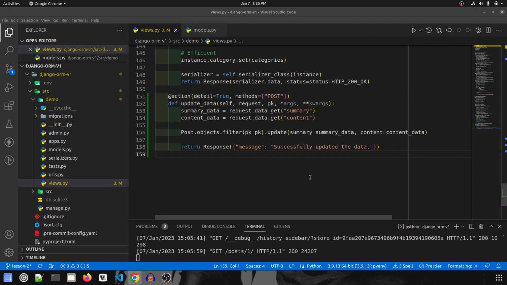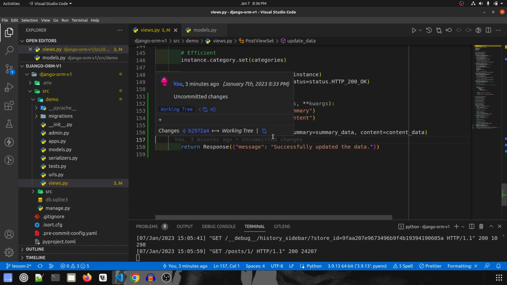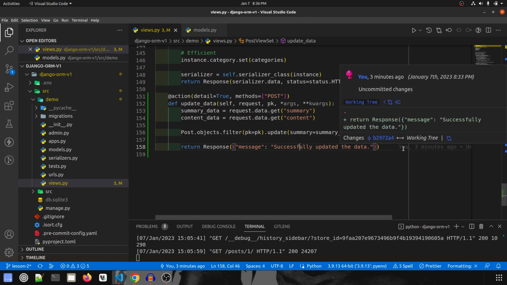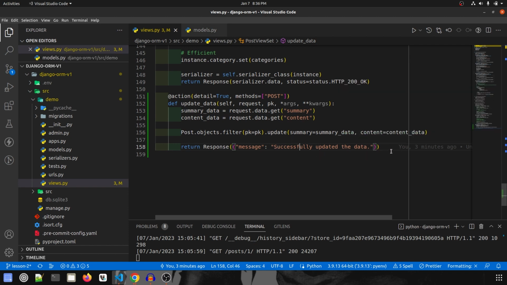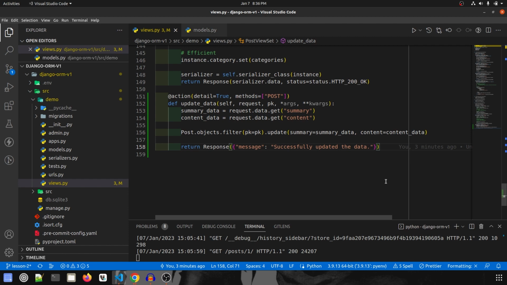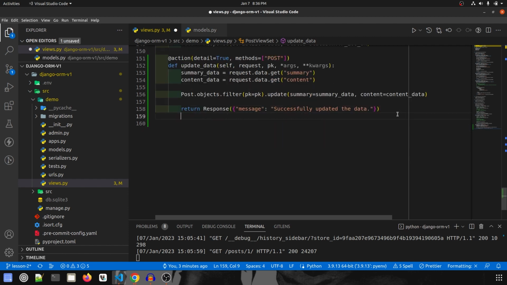Now let's see what happens when we want to create data when data is not found, and update the data if data is found. For this we could first filter, then check whether that exists or not, and once that exists, then update the data. Otherwise we will create a new data. So this will be a long process and definitely multiple database hits. For this, Django has provided out of the box support, so we will do that now. I'm going to start by creating the new endpoint, and this will be called update_or_create_data.